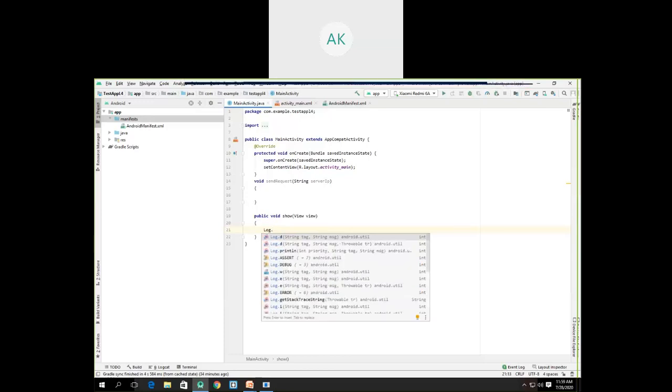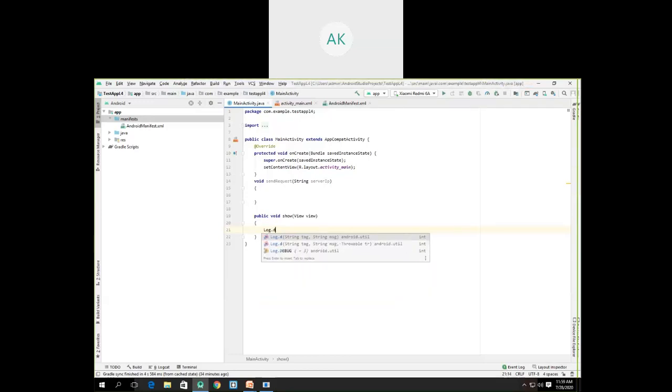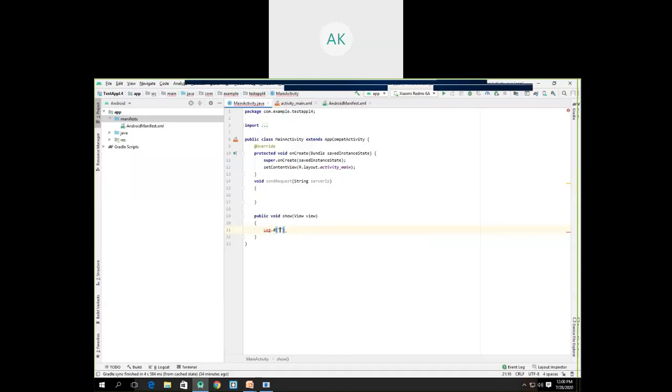Now let's say I'm just trying to print a debug log, so I'll say Log.d. You can observe here, this method takes two parameters. The first parameter is of type String, the second parameter is also of type String. But if you read carefully, you can see the first parameter is basically a tag. The tag is used to identify the entity, so if you want to identify the message, you can use this tag.